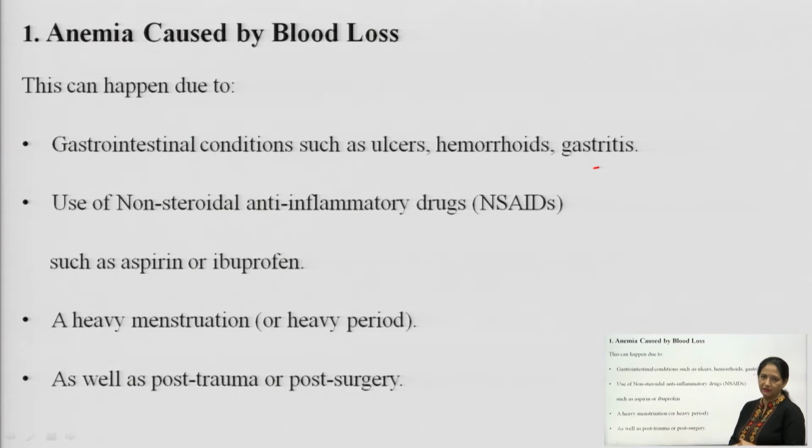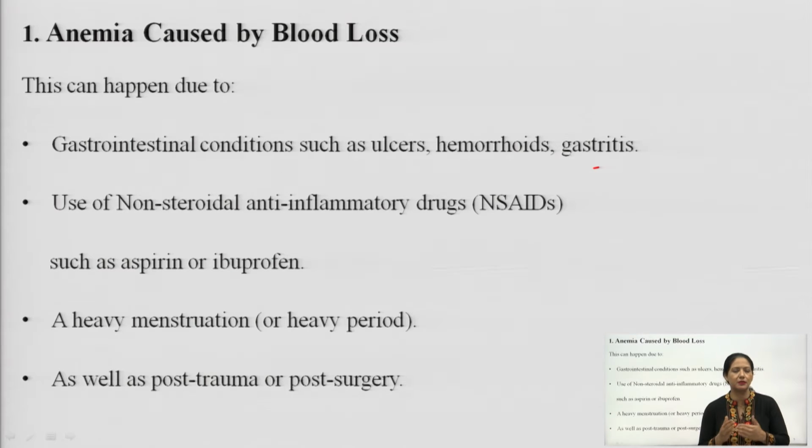Especially females suffer from this, and due to the heavy menstrual cycle, sometimes blood is lost excessively and it may cause anemia. As well as post-operative trauma or post-operative surgery is also a reason for excessive blood loss. So these are the main basic reasons behind excessive blood loss and related anemia: gastrointestinal disease, some inflammation, some hemorrhoids, ulcer, and the reason for those conditions is the use of NSAIDs, excessive use of